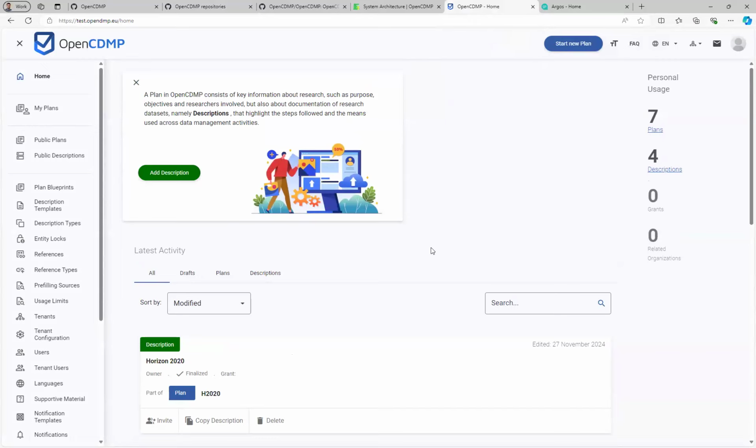In our old tool, we had some configurations regarding the APIs that you can call. For example, we had a funders field in our plans, and you could configure some APIs to be used to fetch funders or grants, for example.